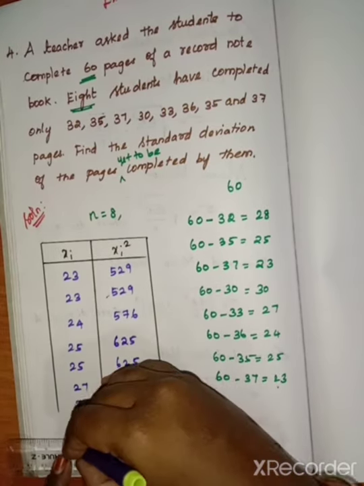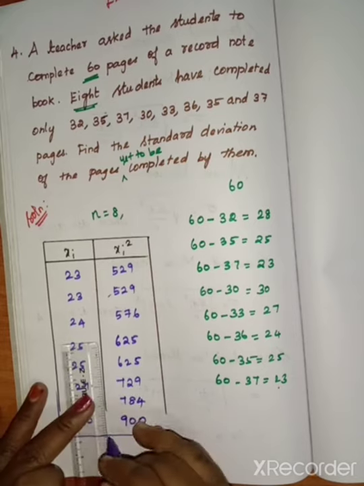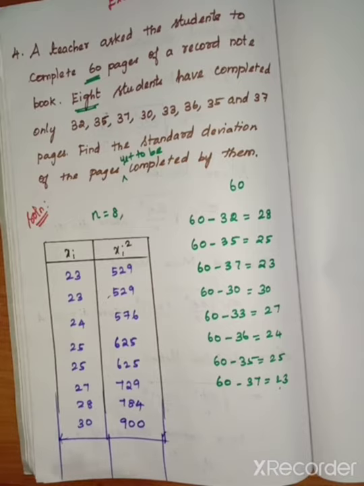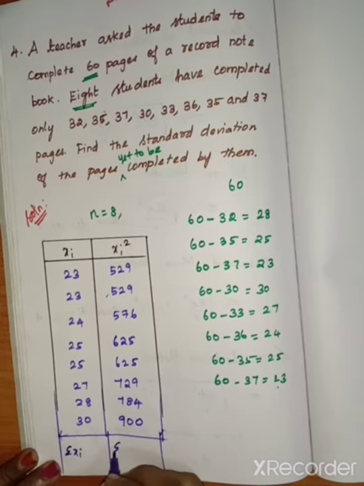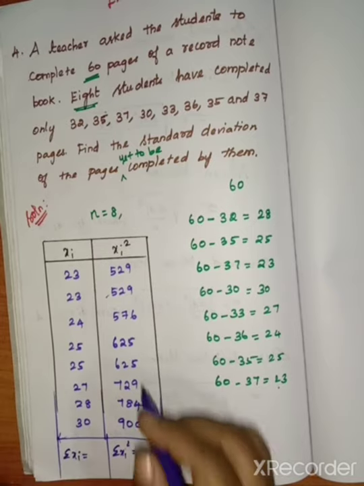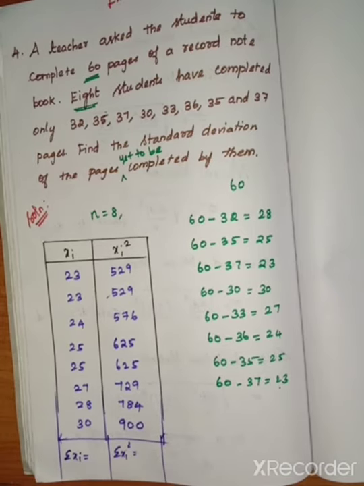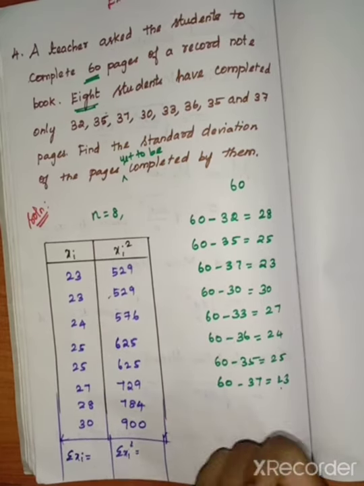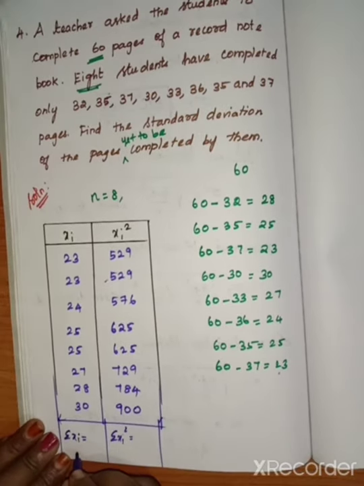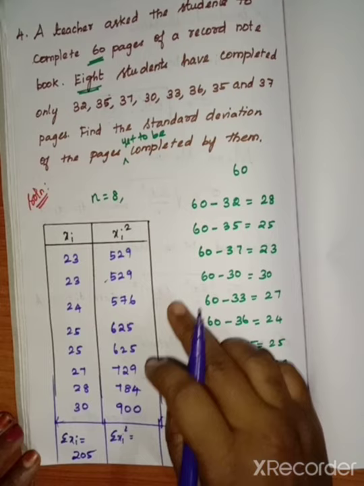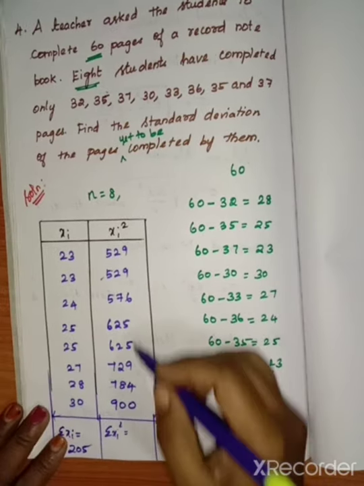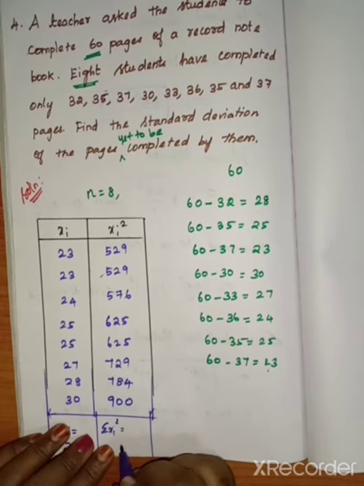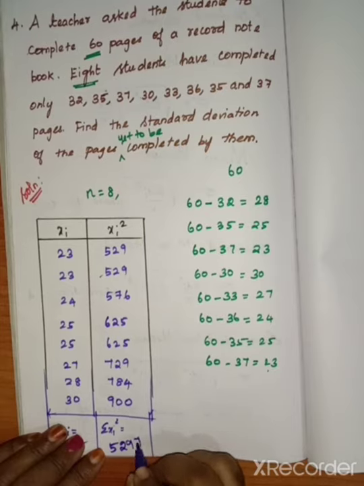So that means for the summation xi, we know that xi square also we want to add. So here the terms are summation xi squared. You have to write it straightly, or otherwise you have to add separately, by 4 terms or 2 terms, like that. So if you add, we get 205. So here also we want to add. So if you add, 10, 20, 29, then 38, 37, like that. If you add, we get 5297.